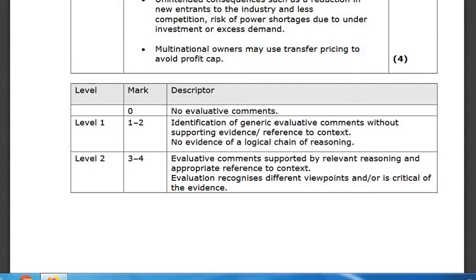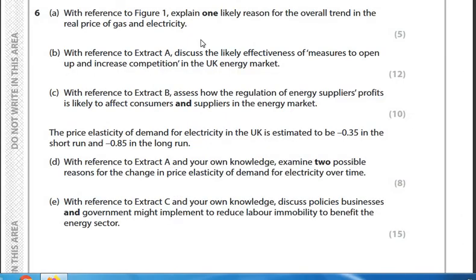A good student can explain their ideas, they can explain their judgments make sense in relation to the context, and their answers show some genuine judgments. So next question is the 8-mark question, which is the command word of examine. So with this question,